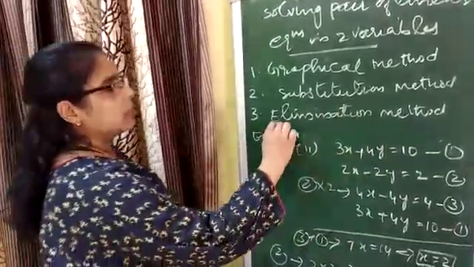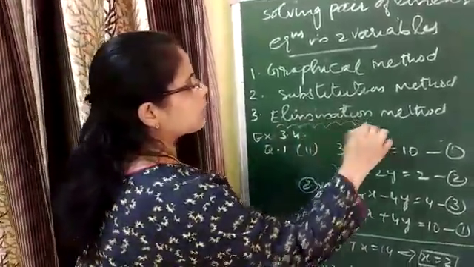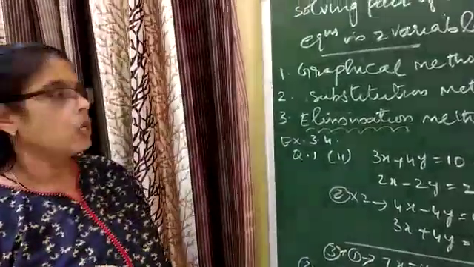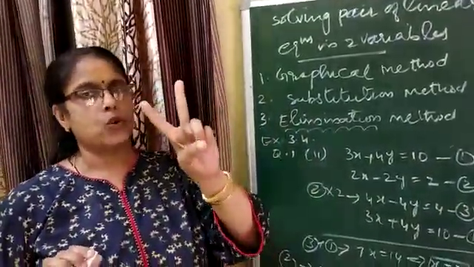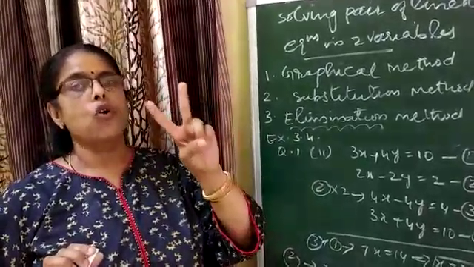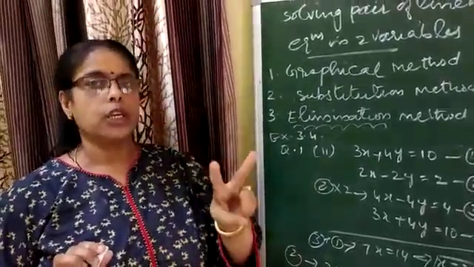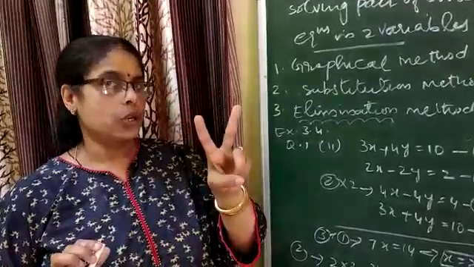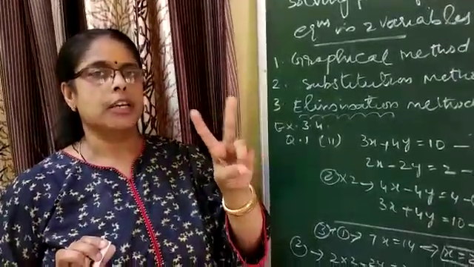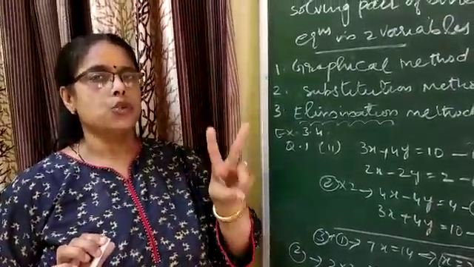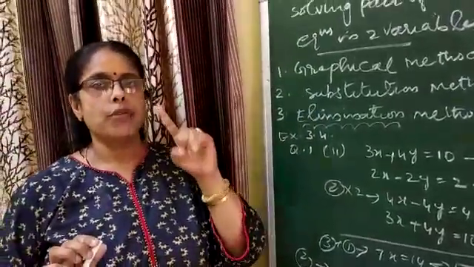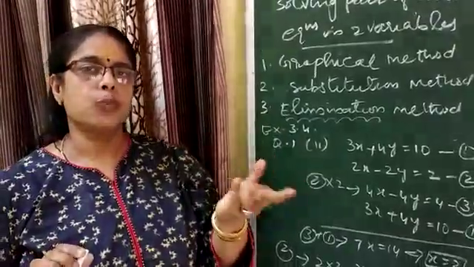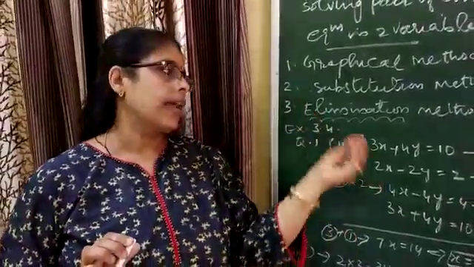What do you mean by the word elimination? Elimination means just to remove. Here we have two types of variable, x or y, and you have to solve both the equations. We have two equations with two variables x and y. We have to solve these two equations using elimination method. So first of all you have to decide which variable is to be eliminated, removed, either x or y.